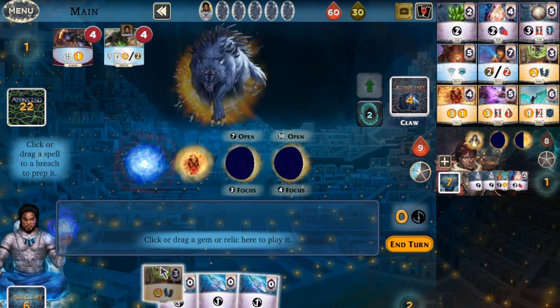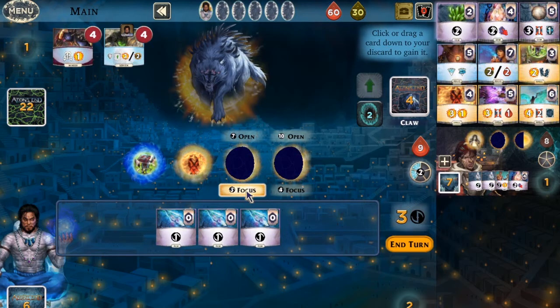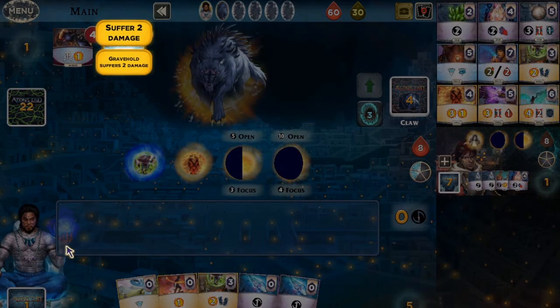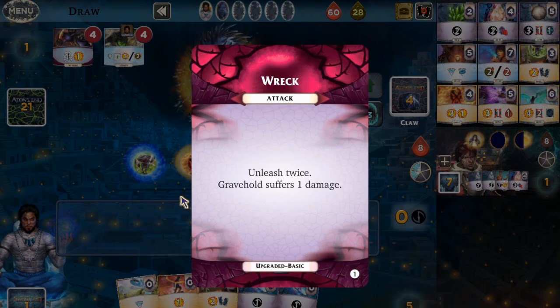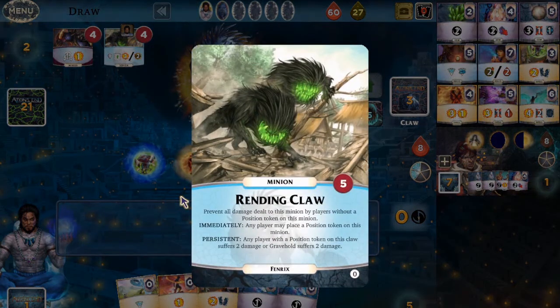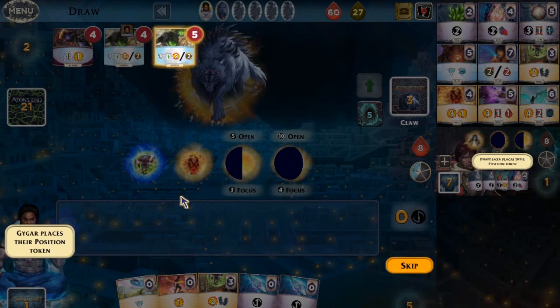And let's now start to get some real damage out there. Actually, since we've got some spells out there now, I think it's time to probably start focusing some breaches out there. Gygar suffers 1 damage or Phydraxis, so yeah, that. Gravehill suffers 2 damage. All right, we'll send to Gravehill for Unleash twice, Gravehill suffers 1 damage. Rending Claw. Prevent all damage dealt to any minion without... Gygar places position token. I guess by Phydraxis's turn because...